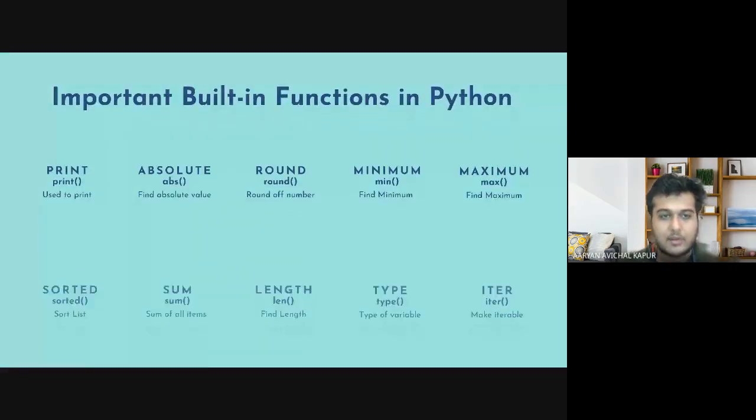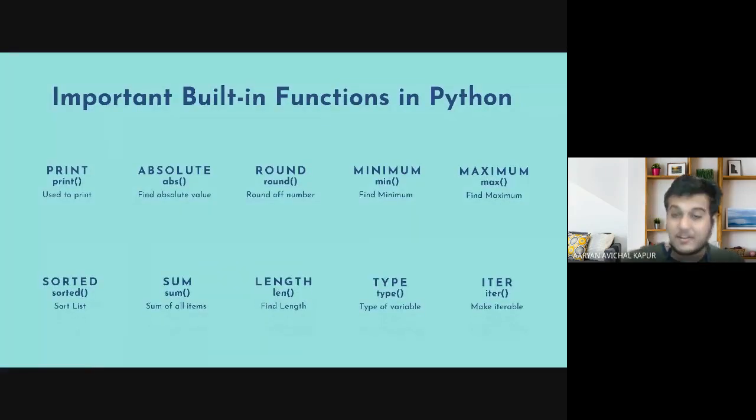So now I've also shown you the most important inbuilt functions in Python. Printing is of course one, with which we actually printed the hello in the beginning. Abs returns the absolute value. So if I give it minus 2.0, it will give me 2.0. And round rounds off the number, very simple to understand. Min and max give us the minimum and the maximum value in a list or a data structure.